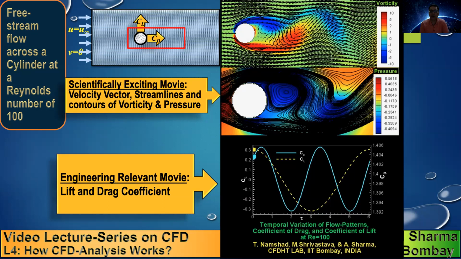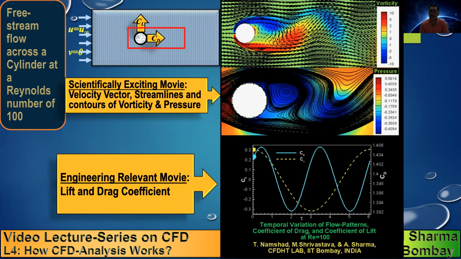So if you play the movie of the velocities and pressure, you do not get the complete story, the complete information about the flow. There are certain derived parameters which you might have studied in your undergraduate course on fluid mechanics, like vorticity, which gives us an idea about the rotation of the fluid locally in various parts of the domain. So here, in the movie which will be shown to you, there are two things presented. The color corresponds to the vorticity contour. You can see that the red color corresponds to plus 10 and the blue color corresponds to minus 10. So the vorticity plus and minus values denote the rotation.